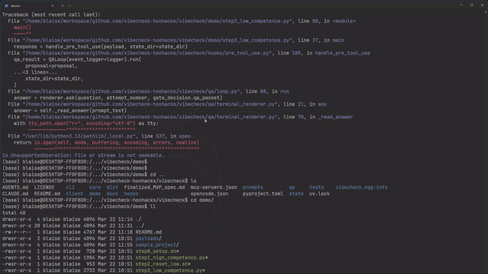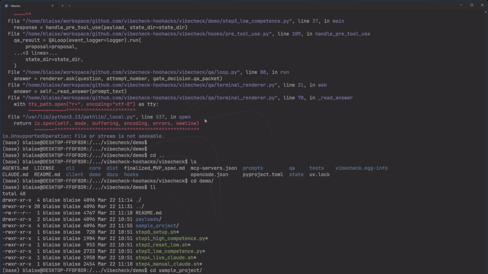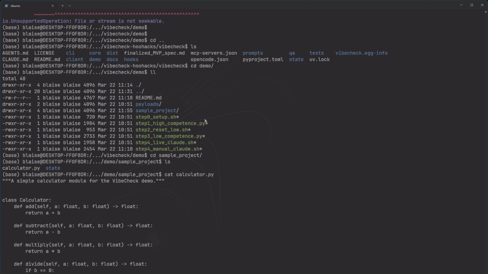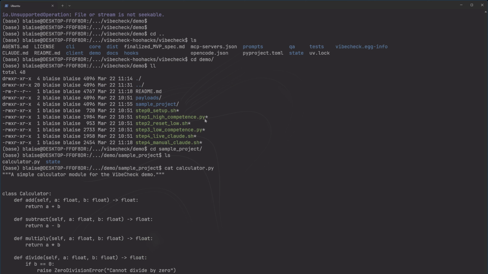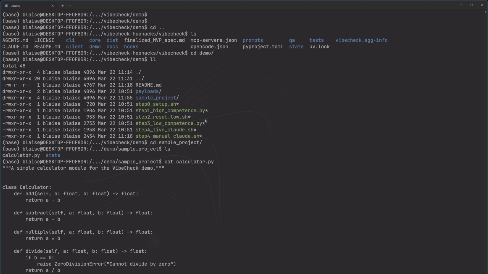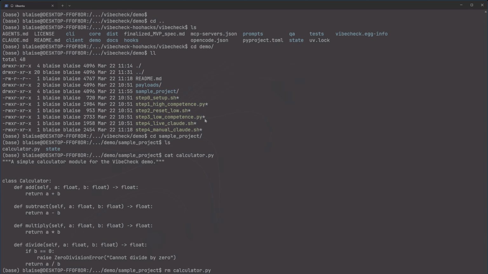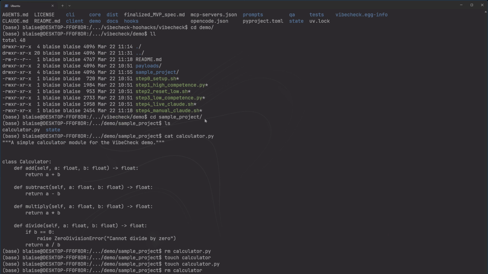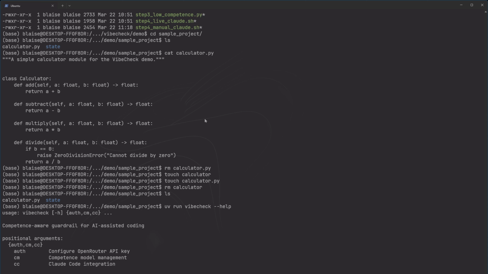Calculator. So we're going to remove this calculator program and create a new one. So then we are going to do run, and then we're going to do help to see what the options are. So yeah, it gives you the ability to authorize, configure OpenRouter API key, initialize your competence model, and also the Claude Code integration. So if you run like a uv run vibecheck init,